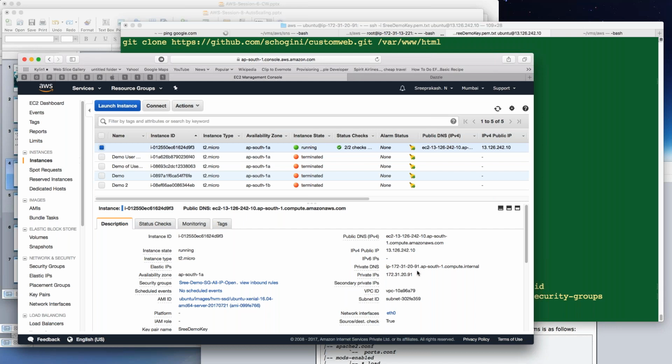See, user data is a shell script which Amazon executes for you. You can do anything in it. Only thing is, don't put too big a thing which will take too long. Then accordingly you have to fine tune your auto scaling time parameters, which we will see when we reach those topics. Because if your user data takes 10 minutes to install everything, then accordingly you have to,